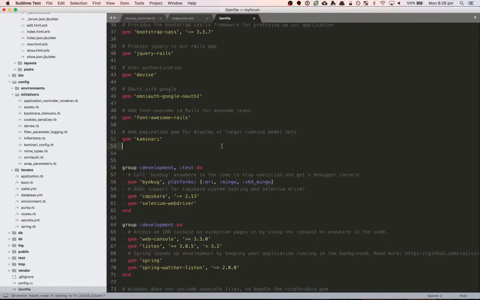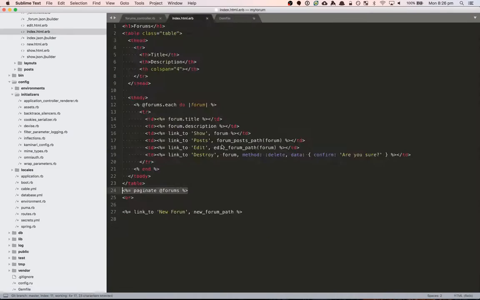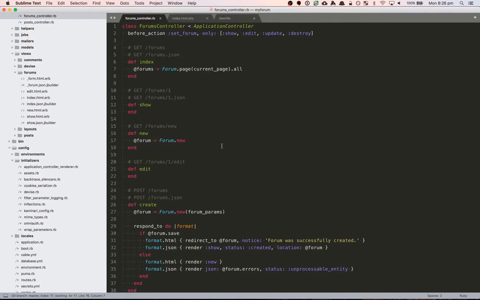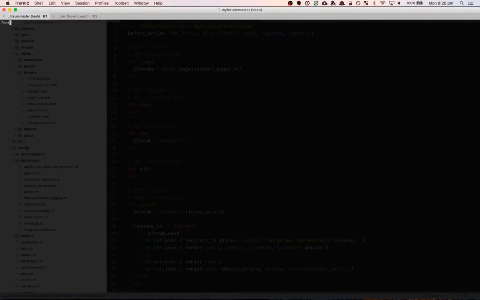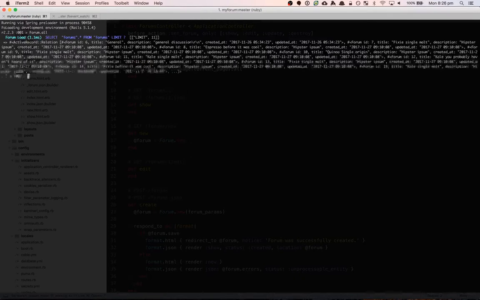Actually, before we do that, we should have a little look into what scopes are. Let's start like this. We know that we can do something like forum.all. We've seen things like forum.where id is 1 or something like that. What I don't believe we have looked at is something along the lines of